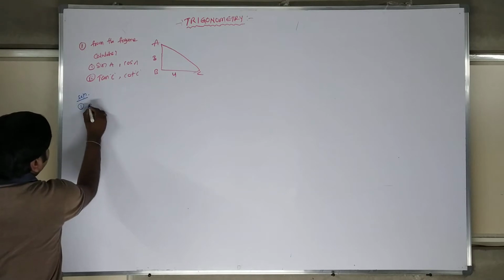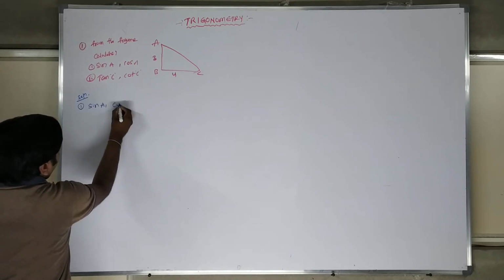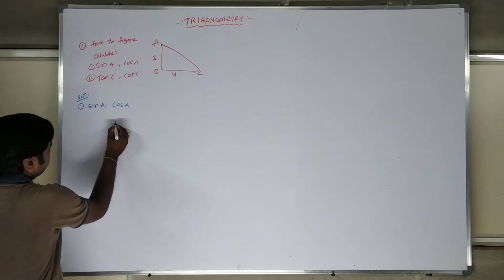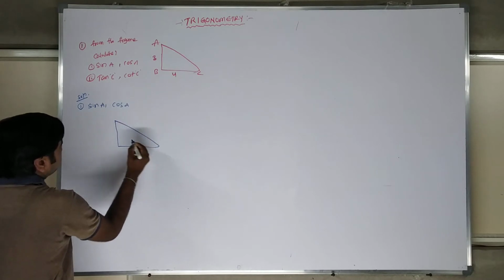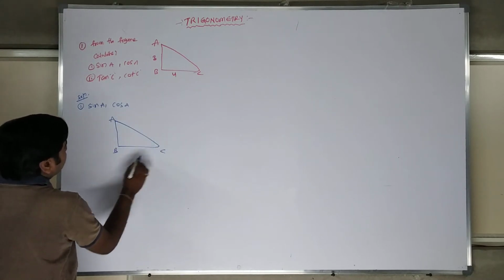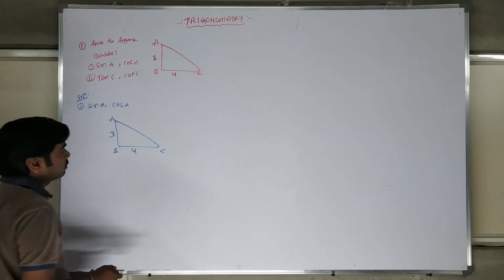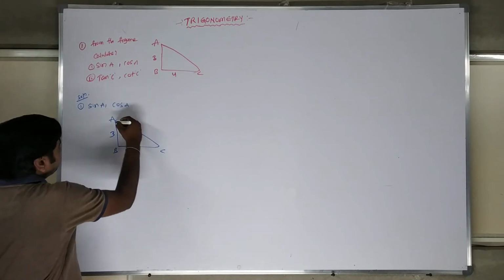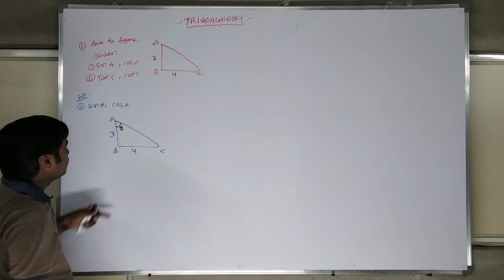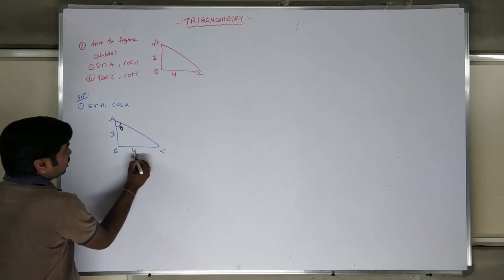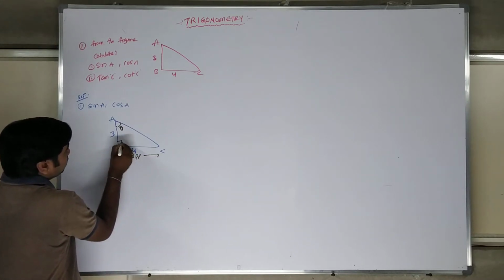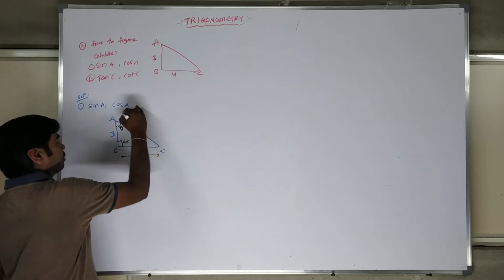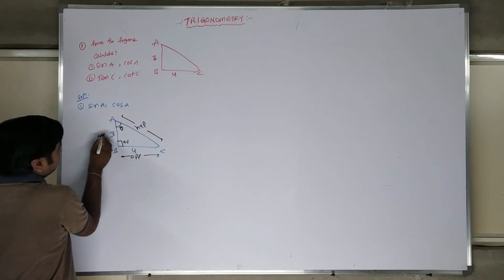Solution. First they are asking sin A and cos A. The moment they ask sin A and cos A, the simple thing is to take your figure with A, B, C. What are the dimensions? This is a 3, this is a 4. Where they are asking for angle A, you can take that as theta. The side opposite theta you can write as opposite side. This is a 90 degree triangle, so the side opposite the 90 degrees is the hypotenuse, and the B side is adjacent.